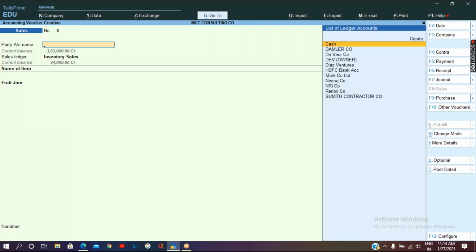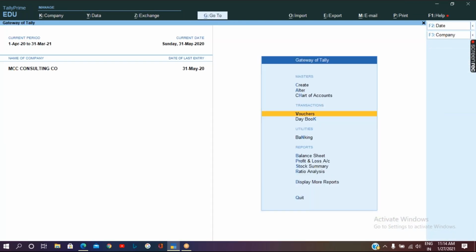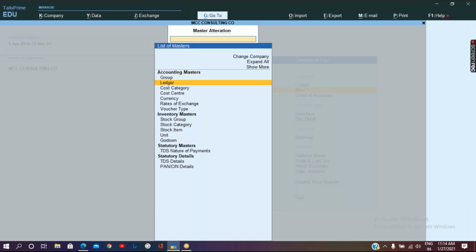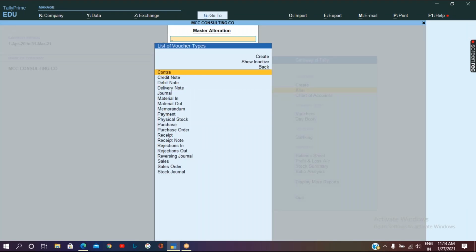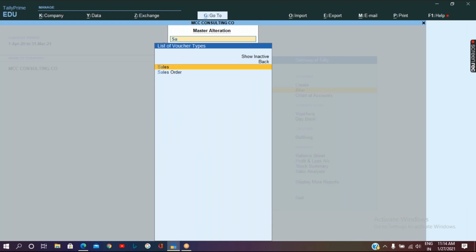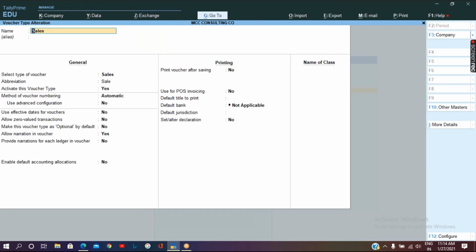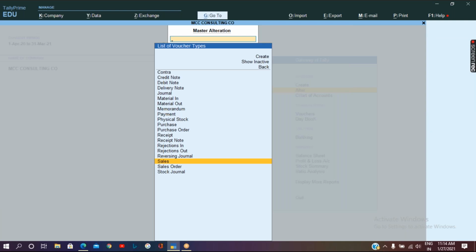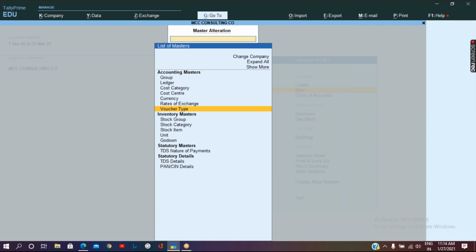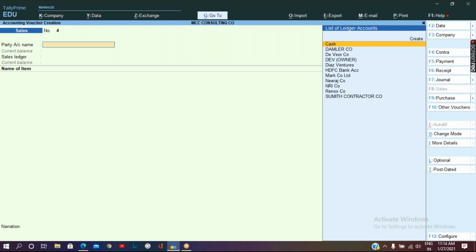So we can go to the Gateway of Tally, go to Alter, Masters, Voucher Type. Let's go to Sales. Yes. So in the voucher type alteration screen of the Sales voucher type, you will have an option called allow zero value transactions. So I have to keep this option as yes and accept it. So now if I go to the Gateway of Tally and pass the transactions,